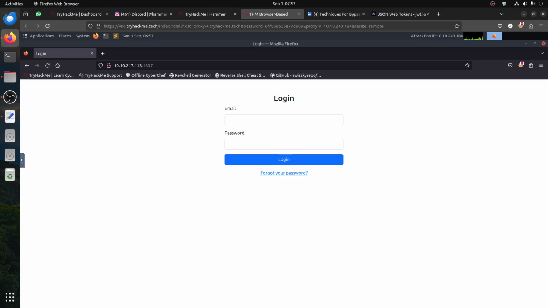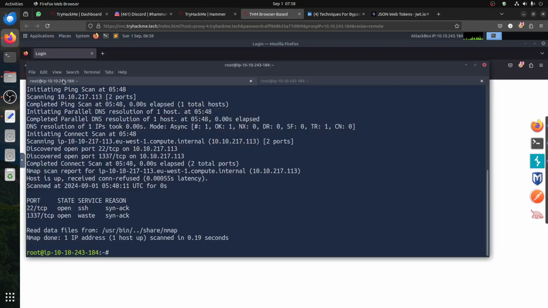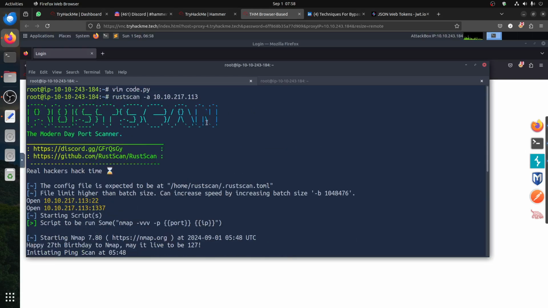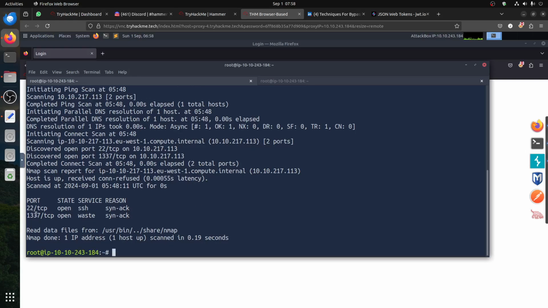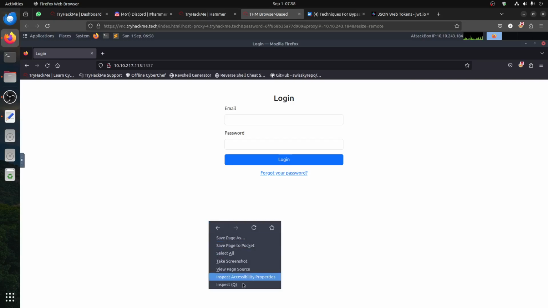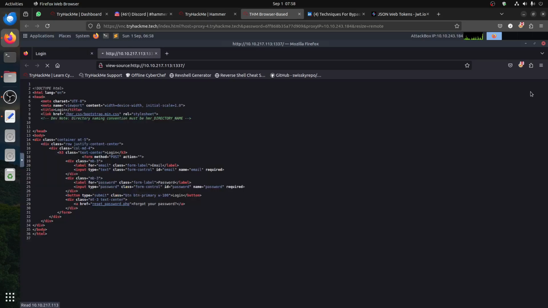Okay. As usual, you start. I start a scan, so as not to waste time every time. Run a scan on the IP. It has 1337. It has port 22. So if you go straight to 1337, you get a login form. Of course, you must make it a habit of yourself whenever you